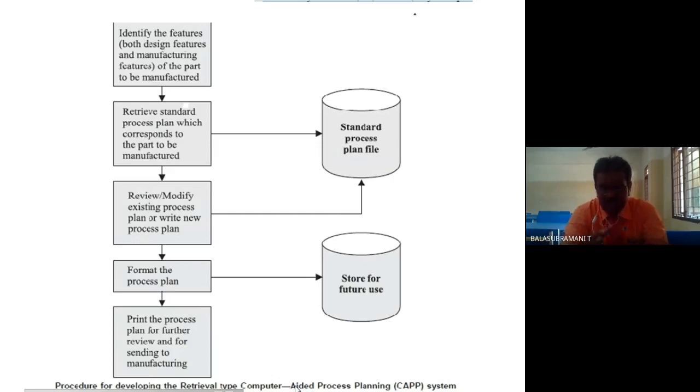What is a group technology layout? All the machines are arranged in one family. For example, lathes: the industry contains a minimum of 10 lathes. The 10 lathes are arranged in a lathe family, in one area. Another, 5 milling machines are available in the industry. All the 5 milling machines are arranged in one place under one group, that is called the milling family. So in this type of family, we have to arrange the available machines.